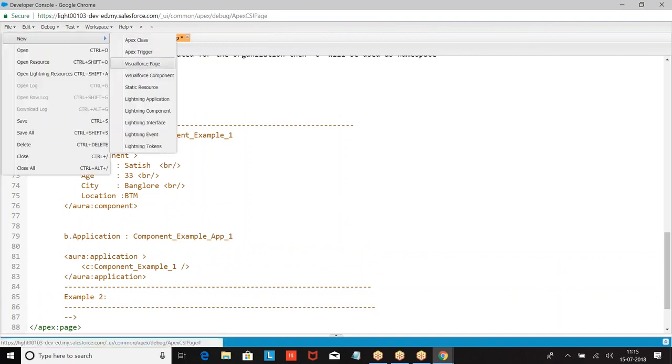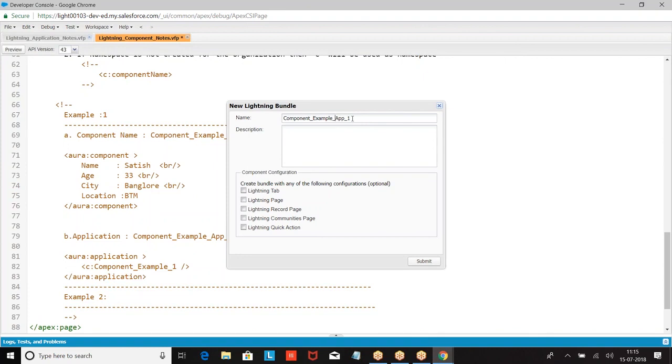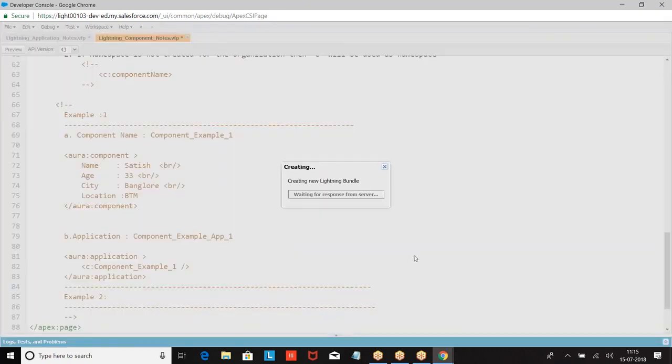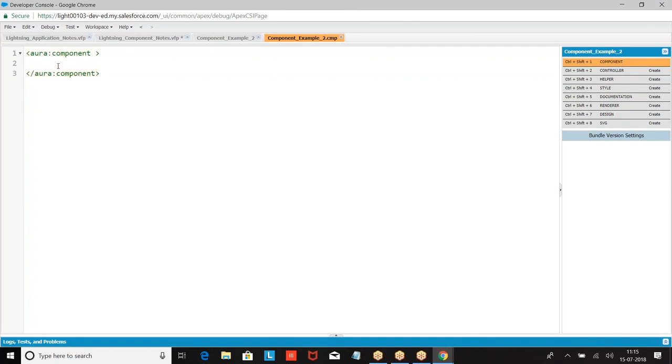File, new, component 2. Now I have given some.